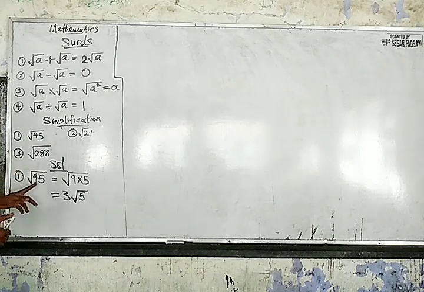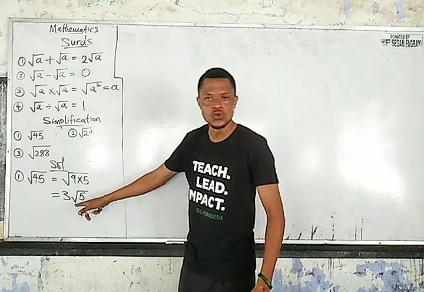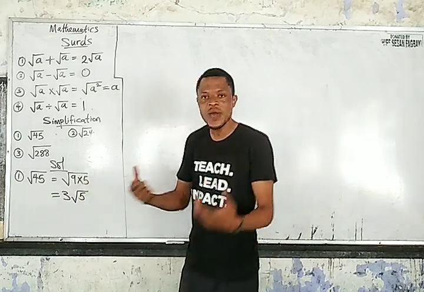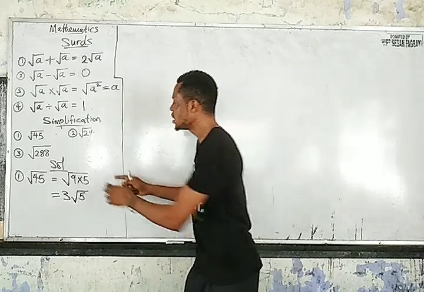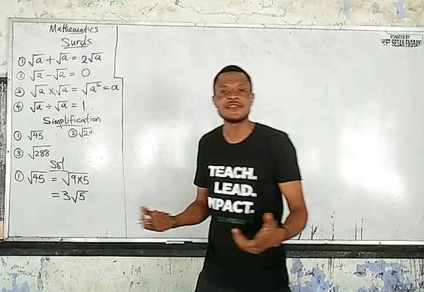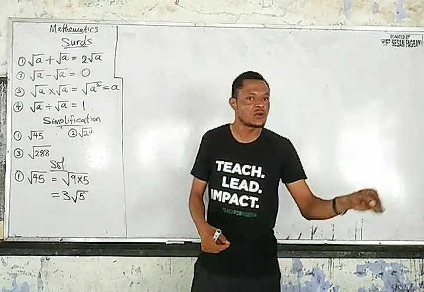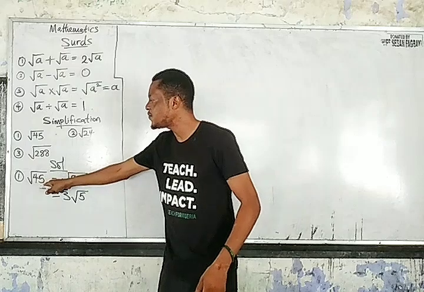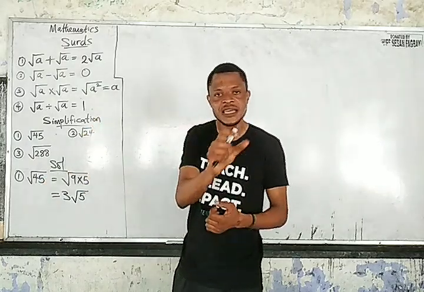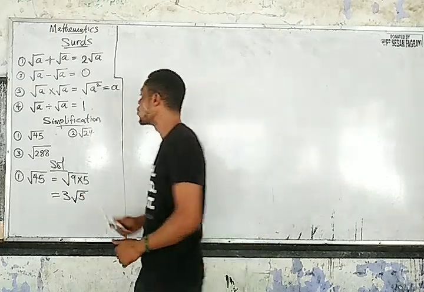In this case, we have simplified the value of root 45 to be 3 root 5, because the square root of 9 is 3. And the moment we have found the square root of 9 to be 3, it will leave the root and we'll be left with only root 5, because root 5 is not a perfect square. So by the time you punch your calculator for verification, root 45, what you will have as decimal will be the same thing by the time you multiply 3 by root 5. Easy. So the second one,